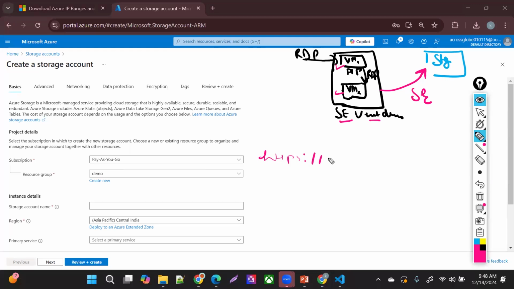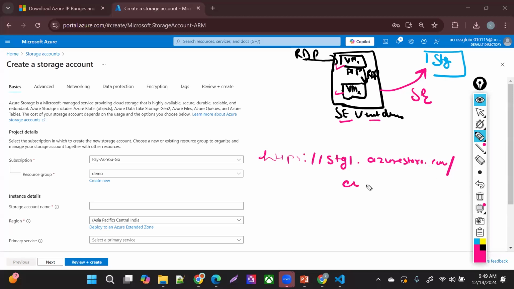your storage account name. Let's say my storage account name is STG1, and then it will have azure storage dot com kind of, and then whatever you want to access, the blob or the container inside the blob, table, whatever you want to access.